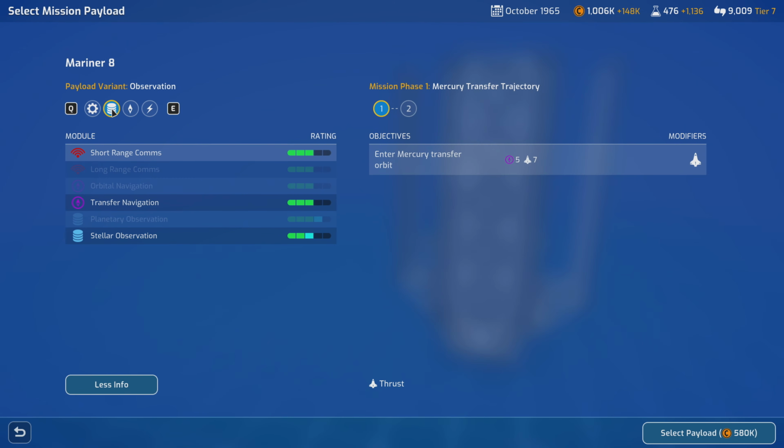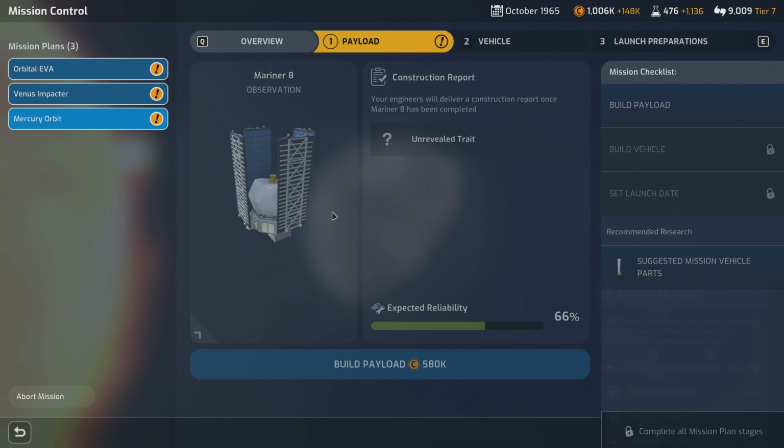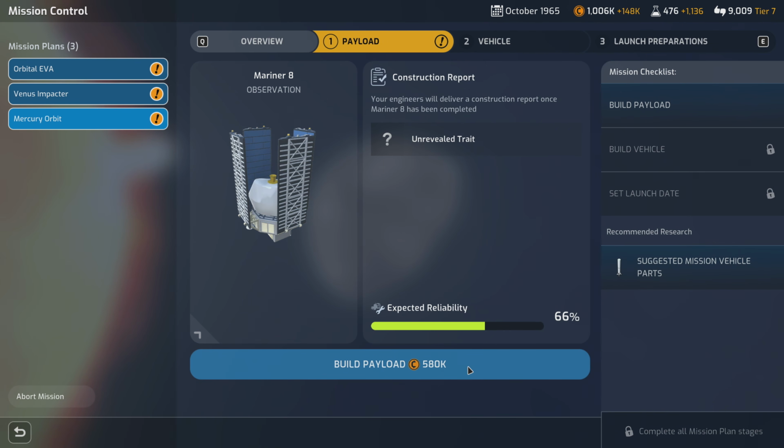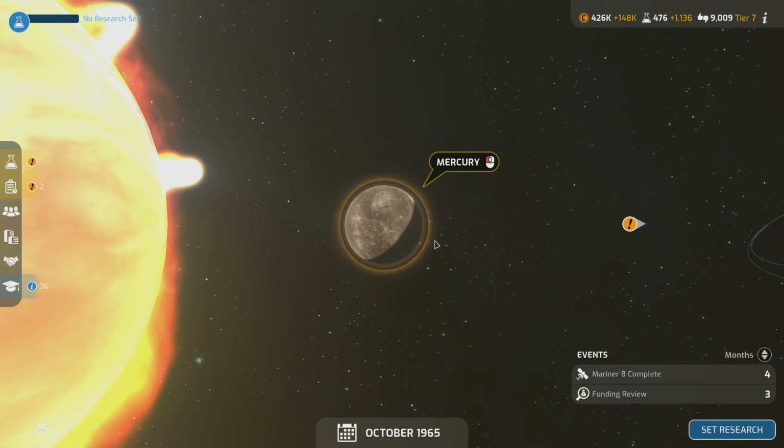So I think we're going to do improved nav. Although, you know, see, we're already 2 here and we're 3 on nav. So maybe we do the observation instead, just to help that out. I think we're going to try that. We're going to go Mercury Orbit here. Go. We're going to go with